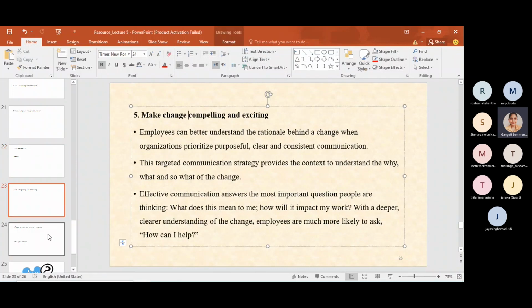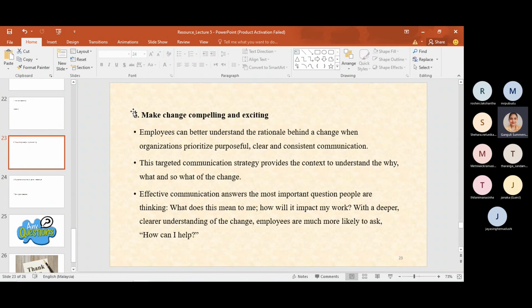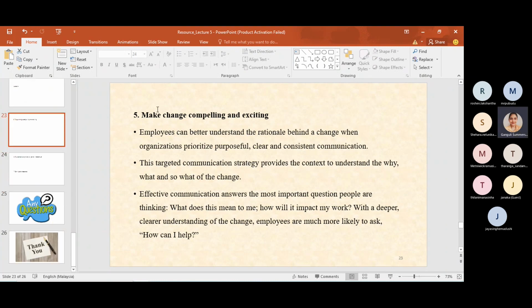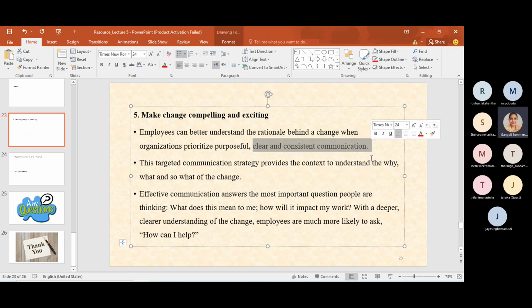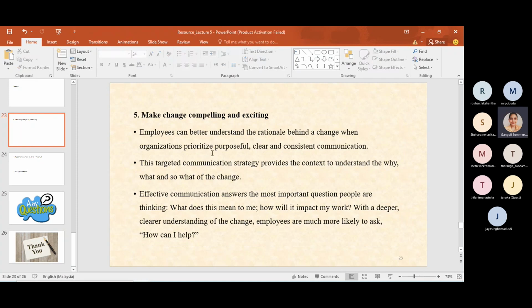Okay, and another thing that you can do is make change compelling and exciting. Okay, so we actually discussed this just a few seconds ago. Okay, so make change compelling and exciting. So how can you make a change sound exciting? Through clear and consistent communication. Okay, so yeah, so for example, as I mentioned just a few minutes ago, you can talk about the advantages